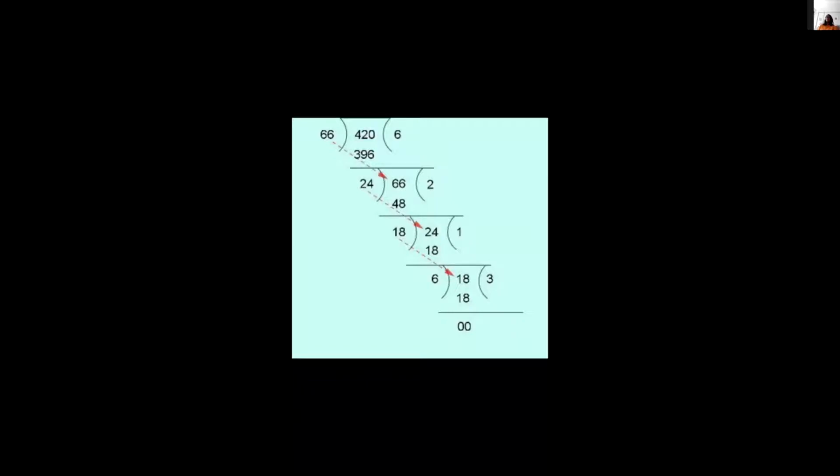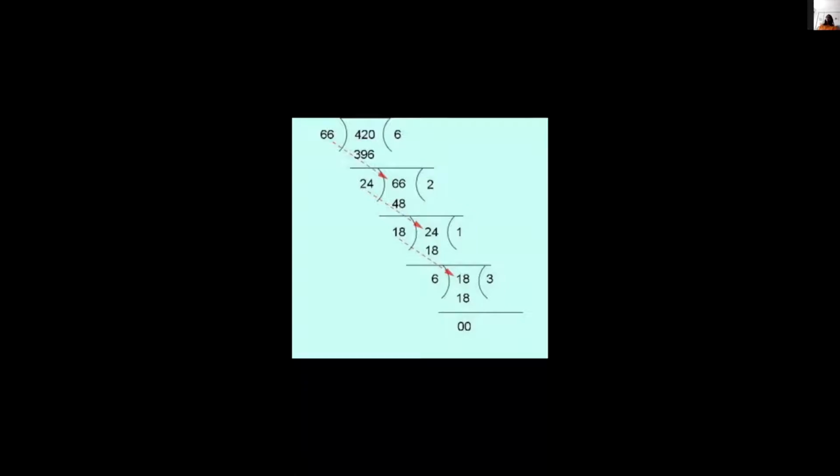Okay, my question is to Akshat. Akshat, are you there, beta? Yes, ma'am. So what is your first step? A equal to BQ plus R. What did you write? Ma'am, I actually did it in the long division method. Yeah, so the method is shown on the screen. From the long division method, you have to put it in the form of A equal to BQ plus R. That is what you're learning new. They will not ask you to put it in long division method. The question will be to put it in Euclid's division algorithm. So how will you write the first step?